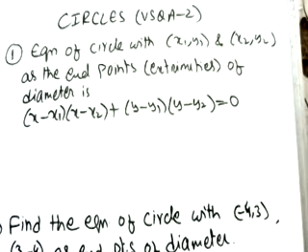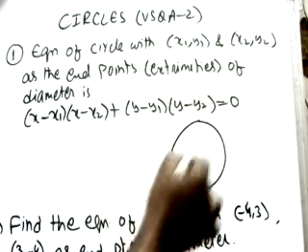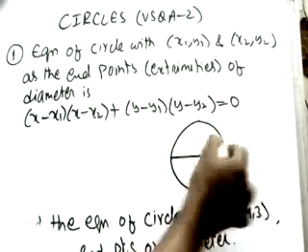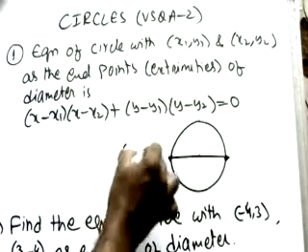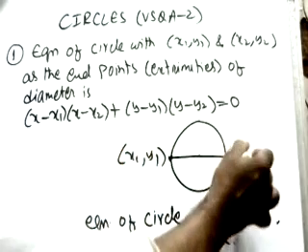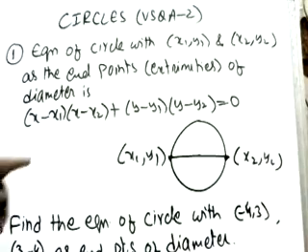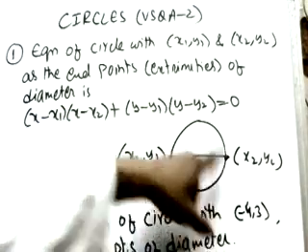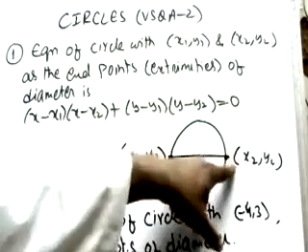Inshallah, in today's class, we are going to continue with the very short question answers, part 2 of the circles. Now, see here, the next concept we are going to see. Suppose we are having a circle, and suppose this is the diameter. Suppose these are the endpoints of the diameter: x1, y1, x2, y2. So, we can find the equation of circle when endpoints of the diameter, or we can also say extremities of